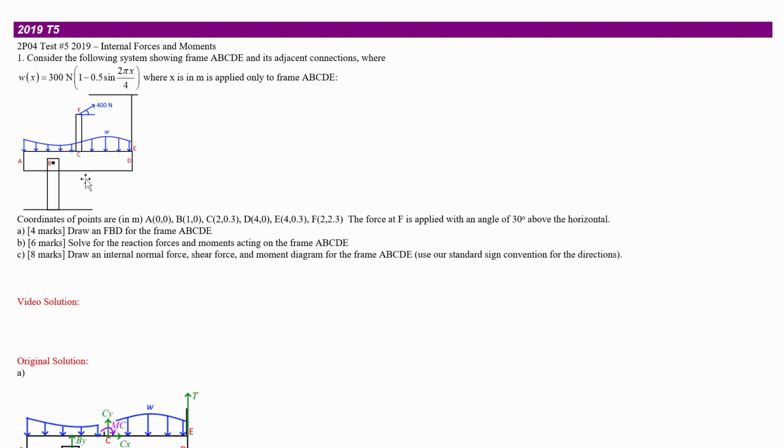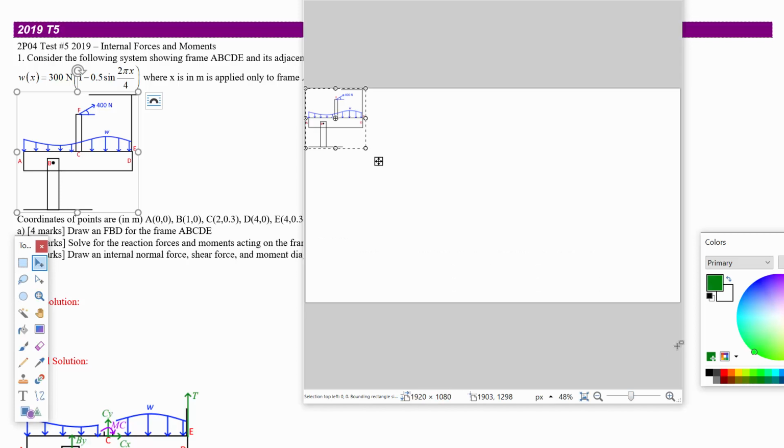Actually, I guess we could do this in a couple of different orders. We could look at the whole body and then find those things, or we could first look at CF as its own thing and then figure out what must be going on at C. Let's use that as a check. Okay, so first we'll take the entire thing